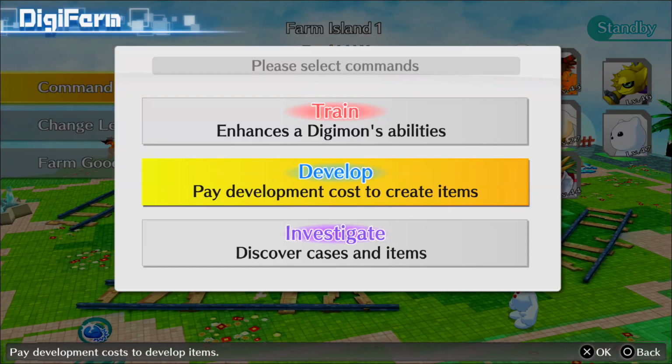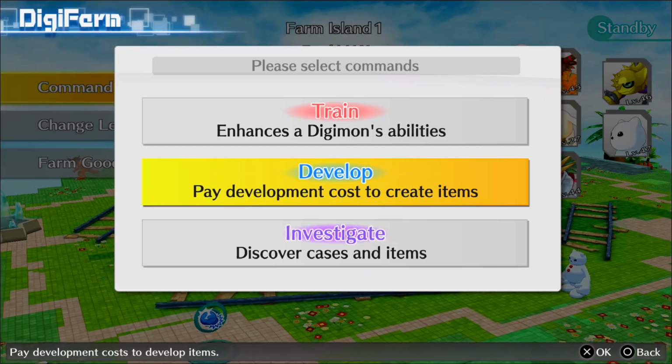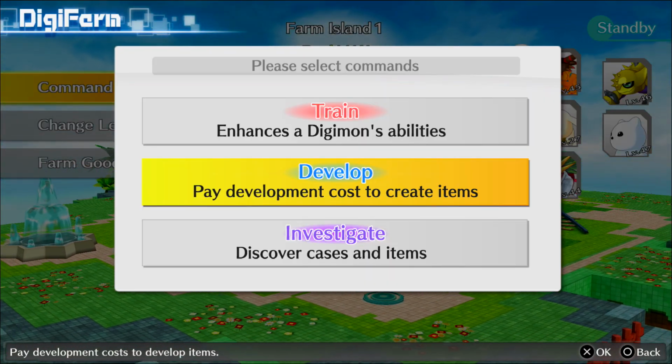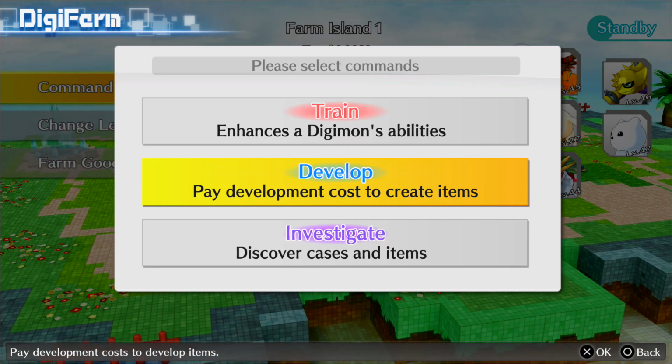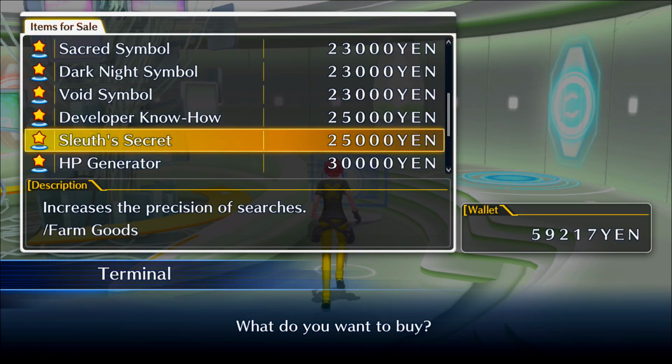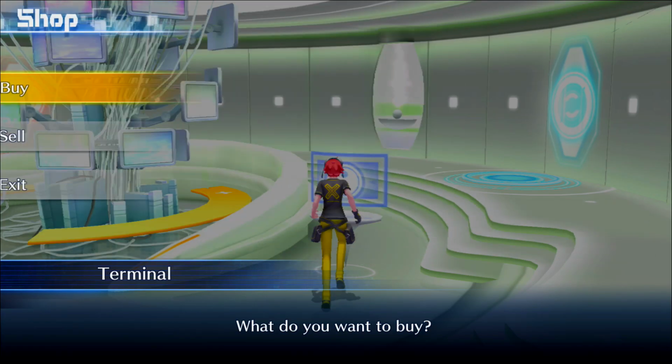The next topic is development. This command will make your Digimon develop/make items for you. There are 2 very useful farm goods that really help you with the development process, and they are Developer's Know-How and Sleuth Secret. And you can buy both of these items from the store inside the Digilab,